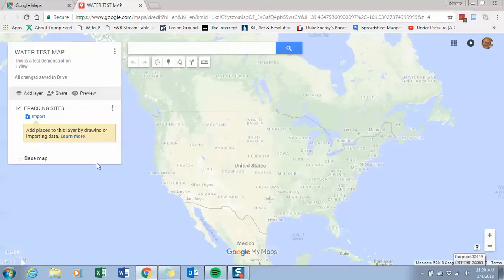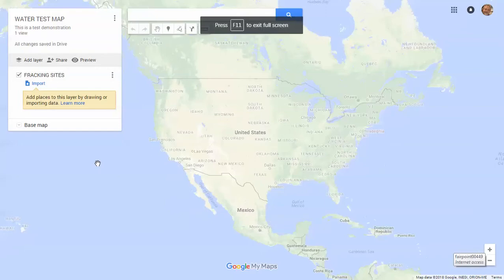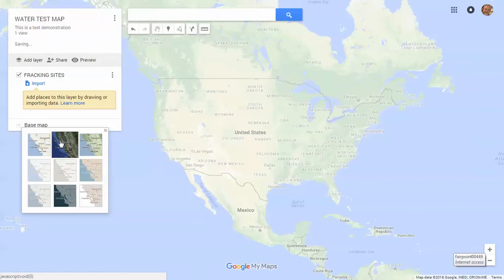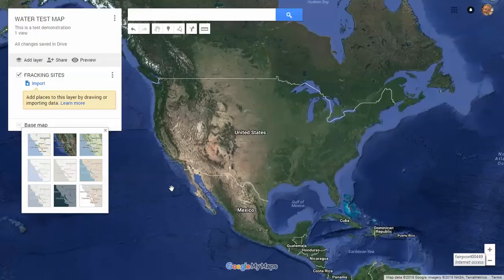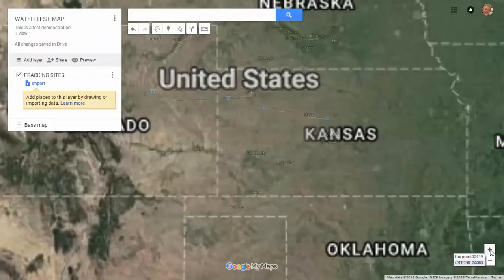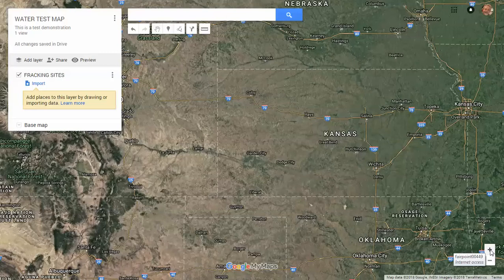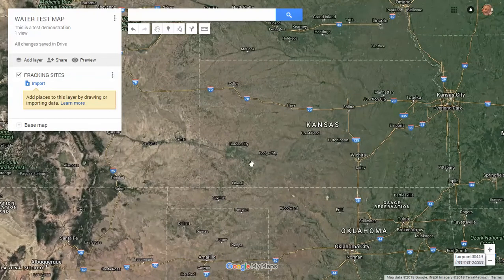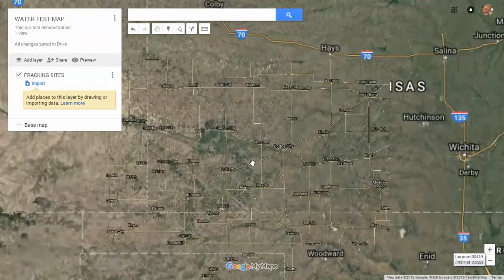We're going to now work on things. I'm going to go full screen again with F11 and get a bit more real estate, and I'm going to change the base map to satellite. Now we're going to start looking for things. First of all, let me just demonstrate the random place mark. So for example, if I went to Garden City, Kansas,